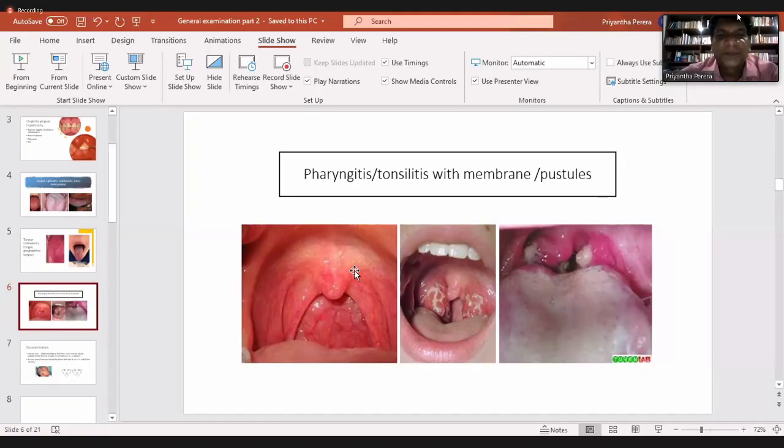Okay. And this one, can somebody describe what you see in this middle picture? Tonsils are enlarged and there is pus accumulation on the tonsils. Right. The tonsils are enlarged. Is it pus or something like that? It's a membrane, isn't it? It's a whitish membrane over the tonsil, right? So enlarged tonsils and the surrounding area are also inflamed, right?